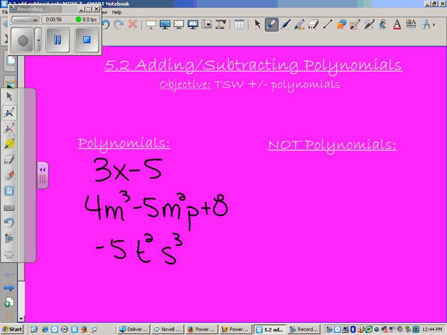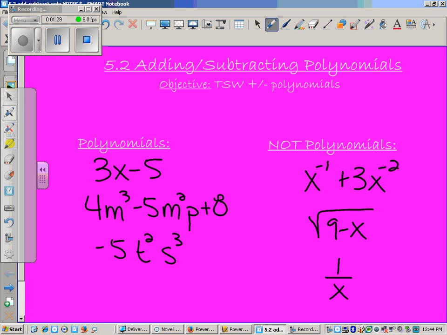Okay? But in all my terms, we have numbers and we have exponents. But if you notice, all the exponents are positive. So here's an example of something that's not a polynomial. Okay? Anything with a negative exponent is not a polynomial. The square root of 9 minus x is not a polynomial. So if I have a square root in my problem, I do not have a polynomial. And then if my variable happens to be in my denominator, okay, that is another example of things that are not